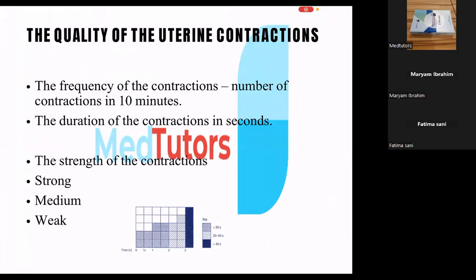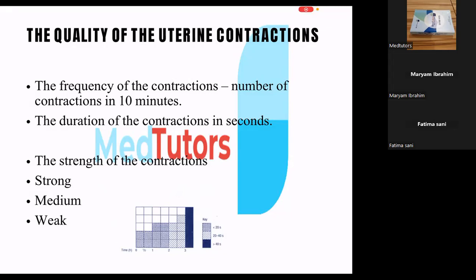So the frequency of uterine contractions is the number of contractions that the woman is having in 10 minutes. You monitor uterine contractions every 30 minutes for 10 minutes, and you count how many contractions she is having. Normally, she should have 2 to 3 contractions. Some say 3 to 5 contractions in 10 minutes. Then the intensity of the contraction, it can either be weak, medium, or strong, depending on how long those contractions